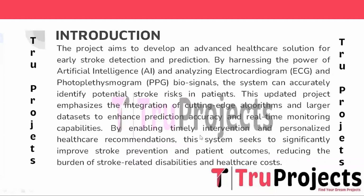The primary introduction of this project is to create a sophisticated healthcare solution that effectively detects and predicts strokes at an early stage. The system achieves this by harnessing the capability of AI and analyzing crucial biosignals such as electrocardiogram and PPG signals. Through this analysis, the system accurately identifies the potential stroke risk in patients, enabling timely intervention and personalized healthcare